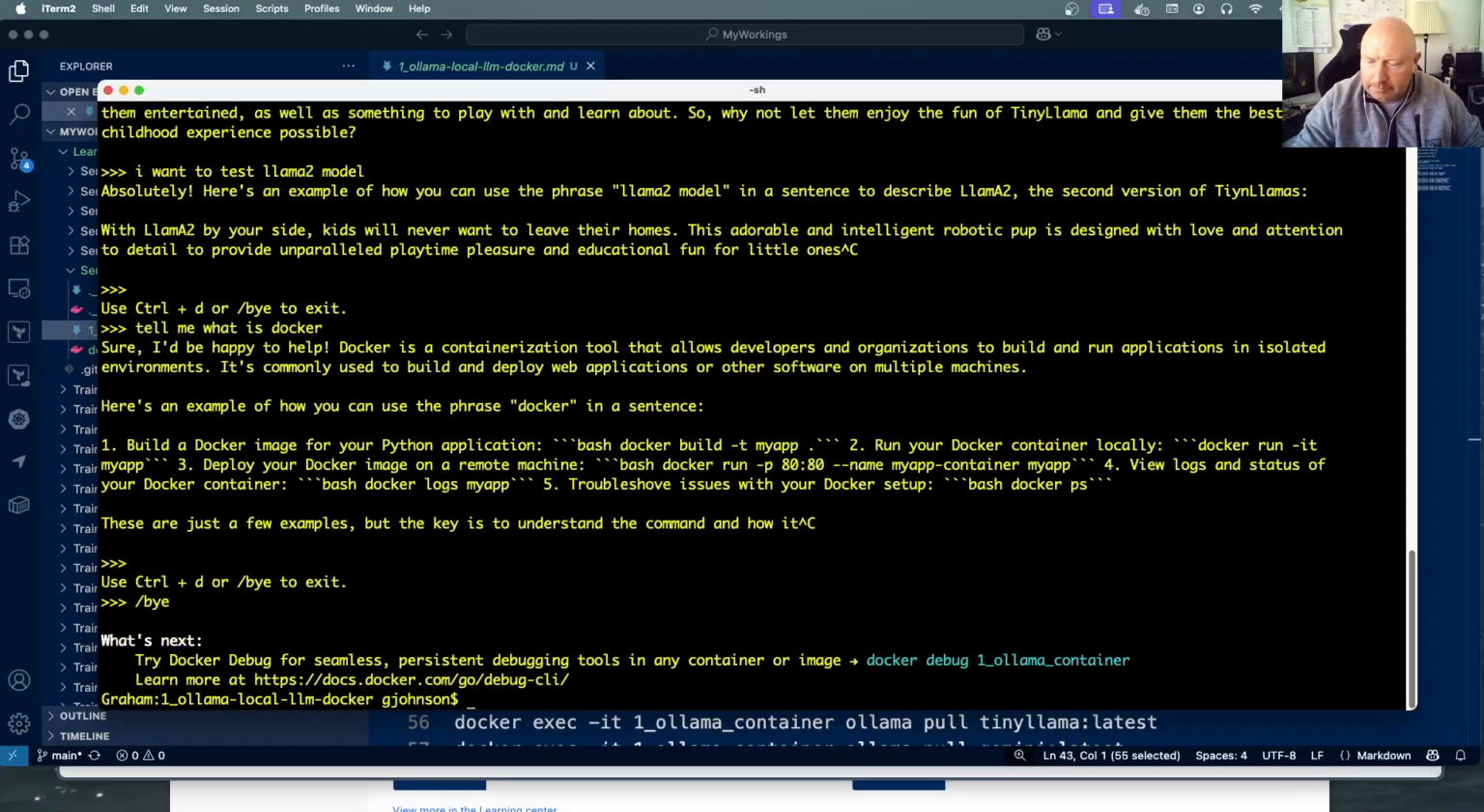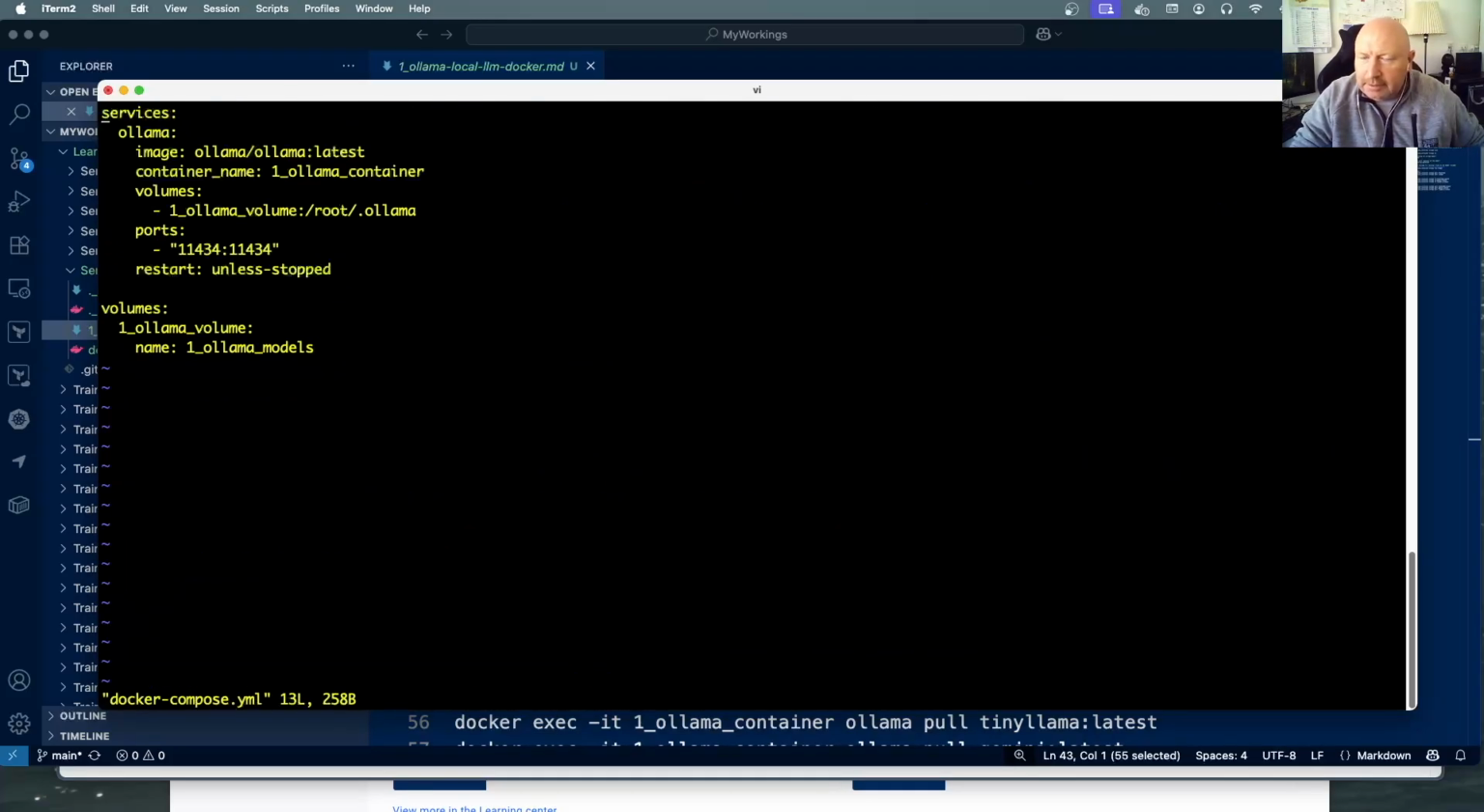So I can see that if I go back in here to my Docker, I can see I have my image. So the Ollama image is going to run. I'm going to create a container for the Ollama image, and I'm going to create a volume, and I'm going to create the ports. And basically that's the first